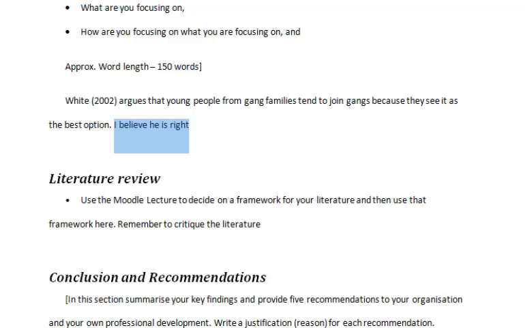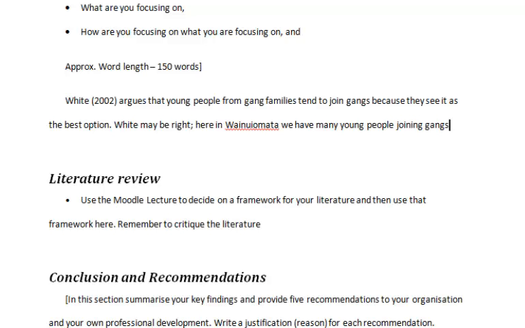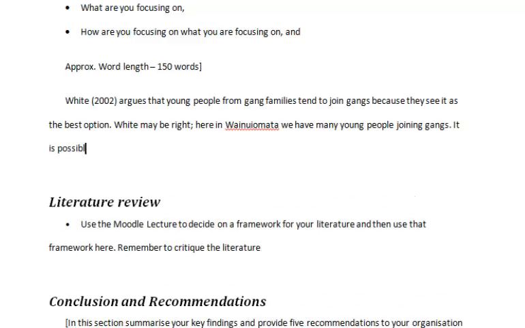I want you to turn it from an active sentence into a passive sentence, so take yourself out, but leave the idea in. So I would argue something like "White may be right. Here in Wainuiomata, we have many young people joining gangs. It is possible," see, I'm taking the "I believe" and putting "it is possible that their motivations are for the same reason. However,